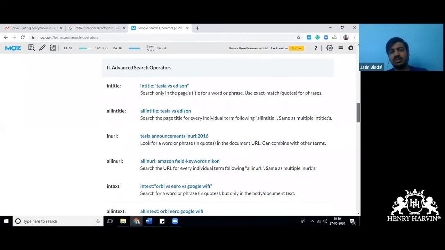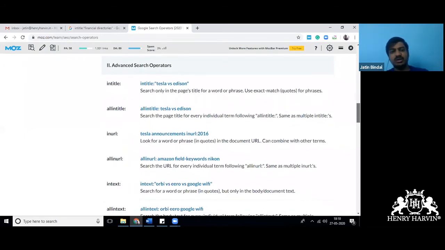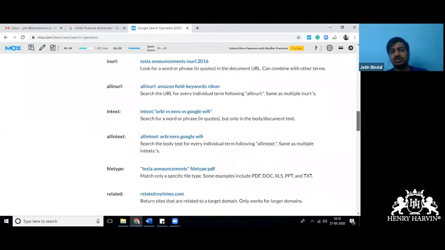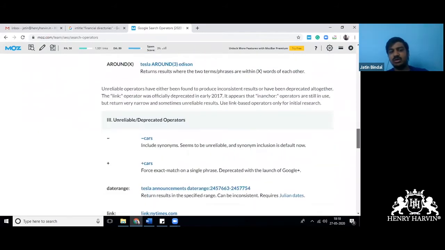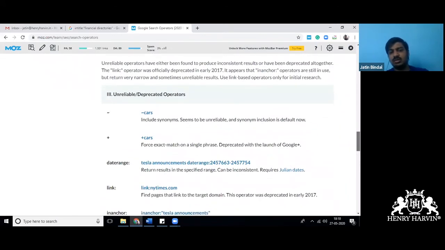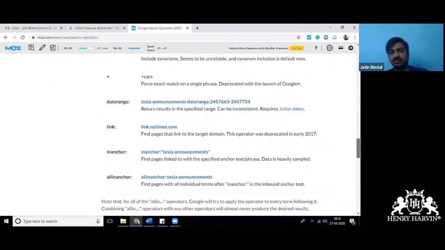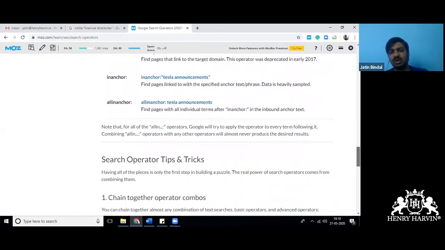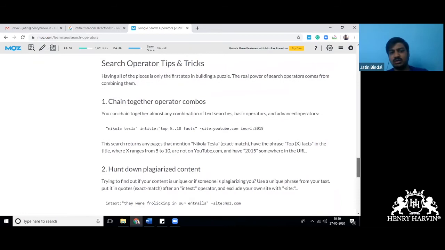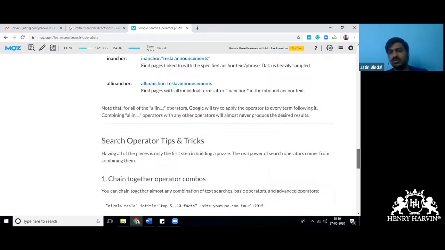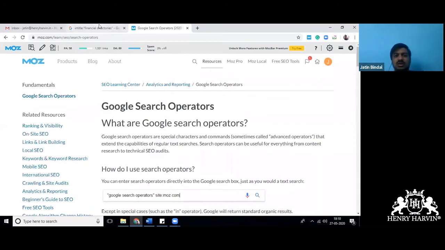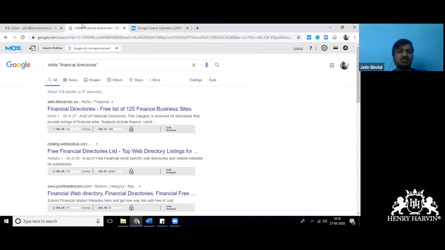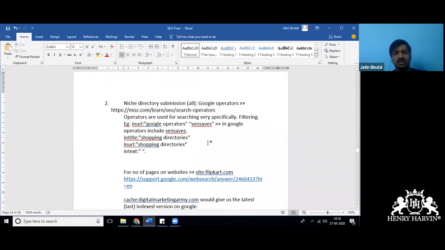Then advanced search operators like in title, all in title, in URL, all in URL, in text, all file type related. Then unreliable and deprecated operators: link, all anchor, in anchor, all in anchor. And then some combos mentioned by them. You can use that, but the crux remains the same. The most used are in title and in URL. But if you want to study in more detail, then you can go ahead.